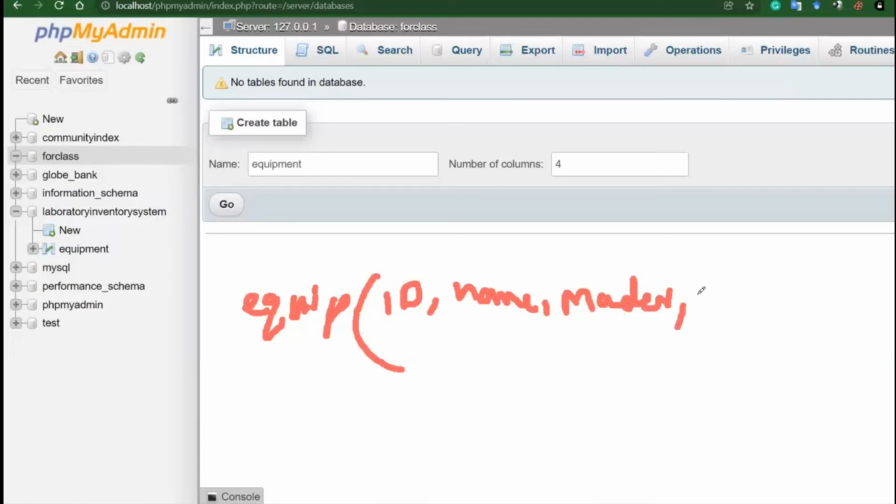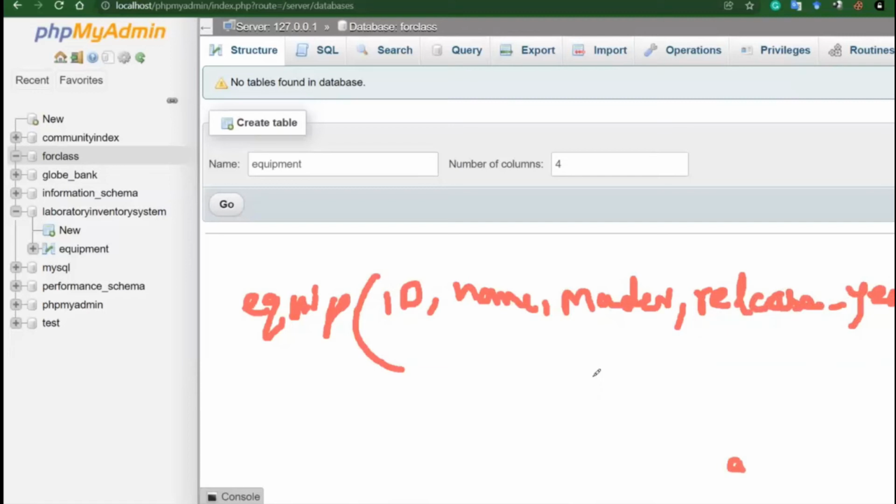And release year, that is, when this equipment was released, release underscore year, comma,